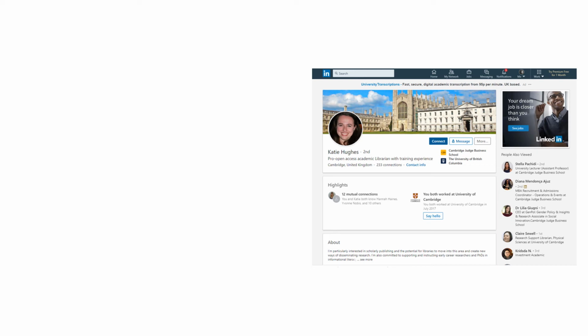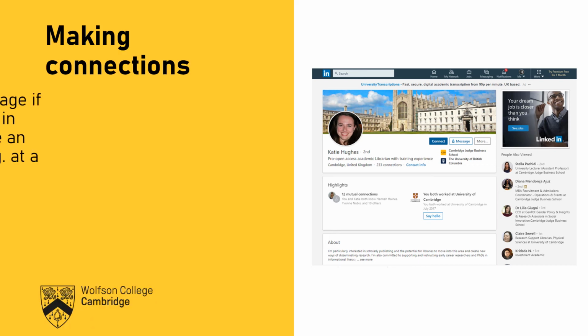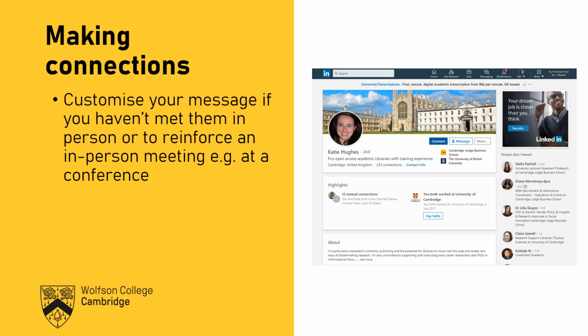Another thing that LinkedIn is really well known for is this idea of making connections with other people. So going around and connecting with people either currently in your research group or in your department or supervisors. Particularly if you think you might be moving on from Cambridge at some point, then this is a good way to connect with them now, and then you can look back and connect with them in the future.